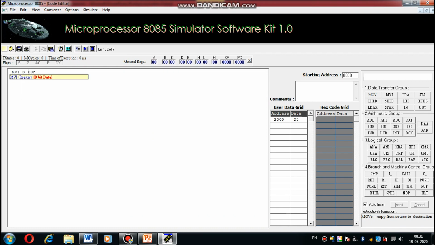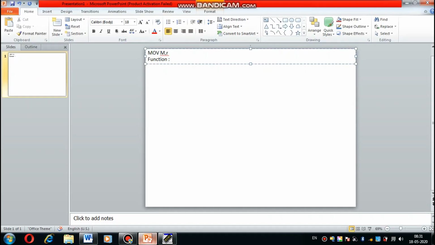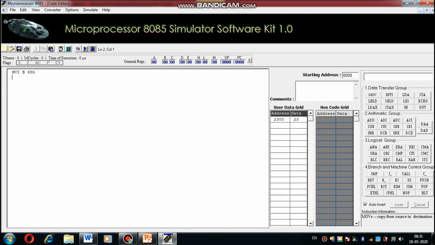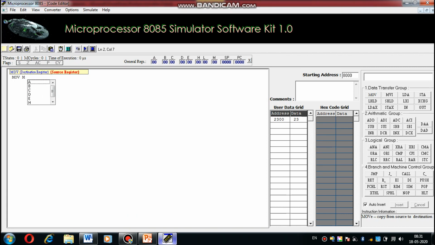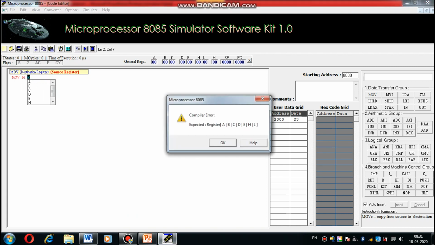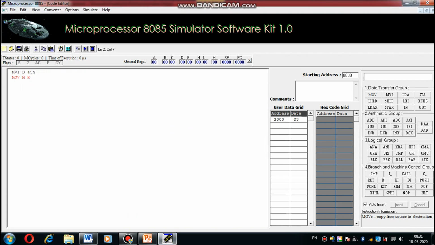I initialize, for example, the B register with 45H data. Then I execute this instruction MOV M, R that we studied. Here R is specified, which register?